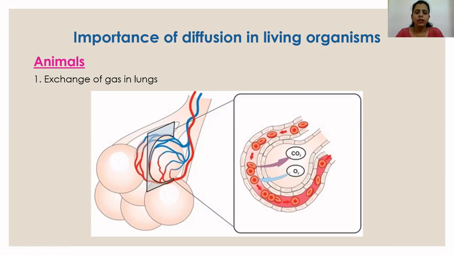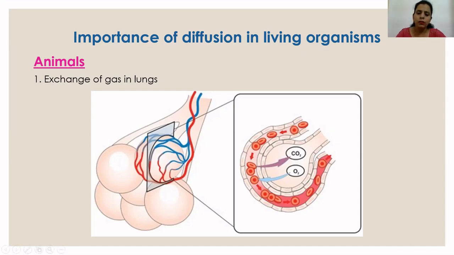Now you have to remember that this exchange of gas which occurs in lungs, that is oxygen from alveoli moves to the blood capillaries, and carbon dioxide from blood goes back to the air which is present inside the alveoli. So these two exchanges of gas take place by the process of diffusion. Okay, inside blood the concentration of oxygen is less. Oxygen is present in higher concentration in the air in lungs or in alveoli. So oxygen moves from higher concentration to the lower concentration by the process of diffusion.